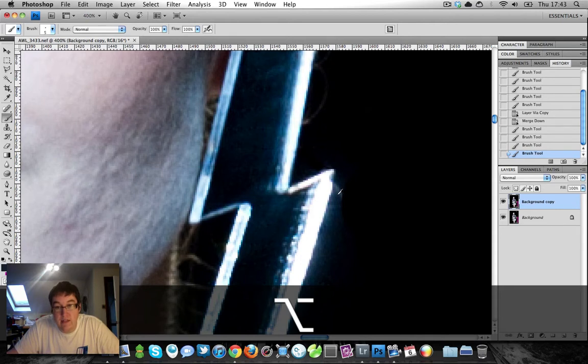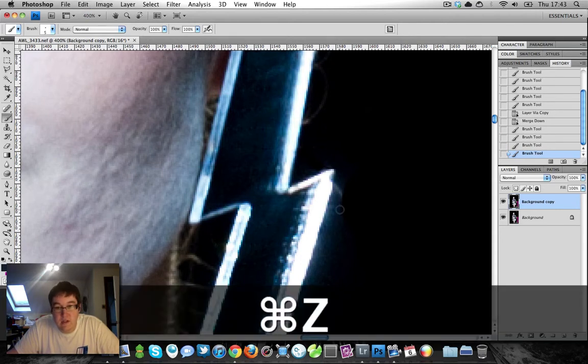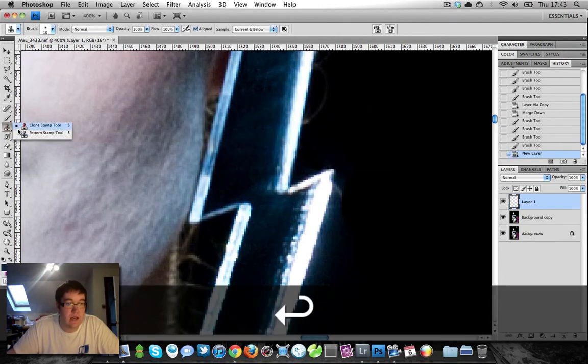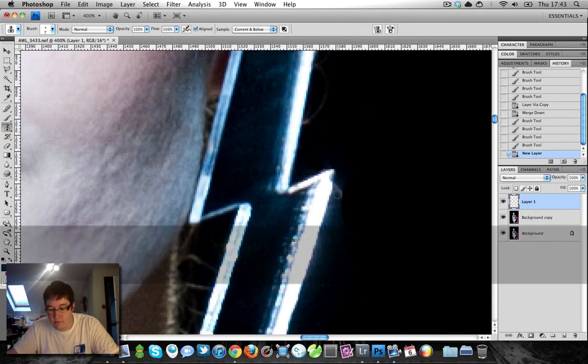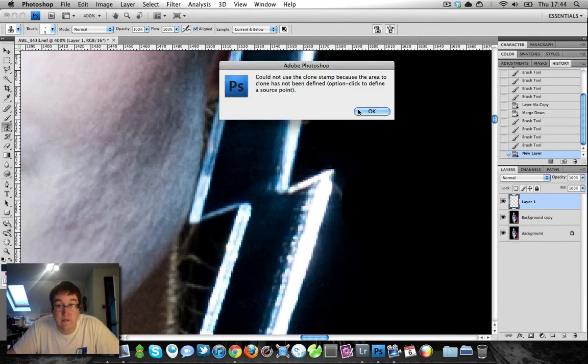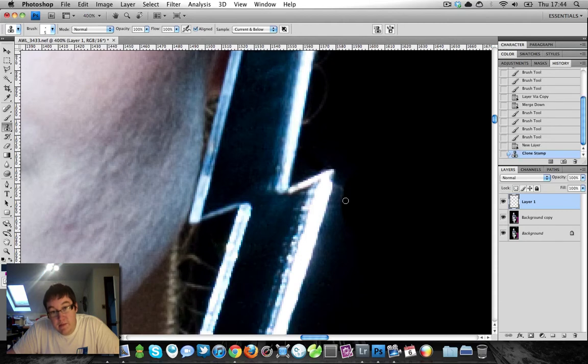Then I'm going to hold the Alt key down again just to sample. And as you can see, it's not working that well. So what I might try and do is create a new layer for this. I'll get into the clone tool, make the clone smaller again. You can use the square bracket keys again to work this. So that's about the size of the hair itself. And holding down the Alt key, I'm just going to create a clone sample point just below that piece of hair there. And if I keep dragging it up,